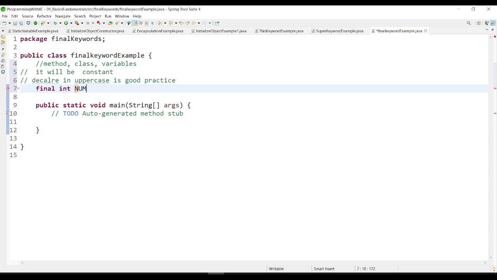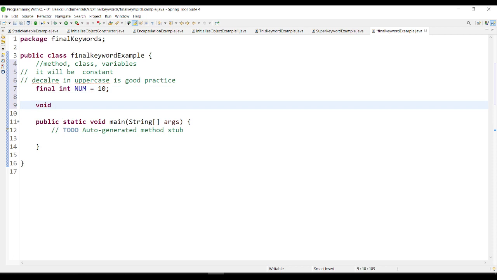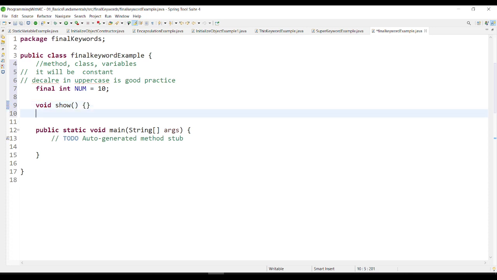So final int num, I'm giving over here and assigning this as 10. So yes, we declared and initialized this as 10 over here. Now let me create this void show. Okay, so this is the method. All right,